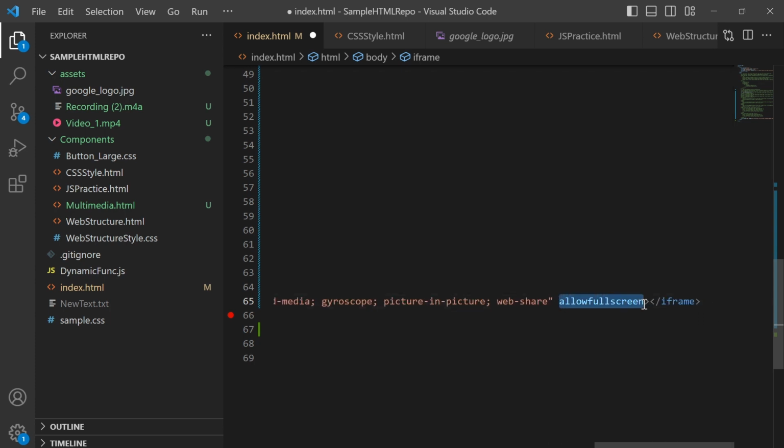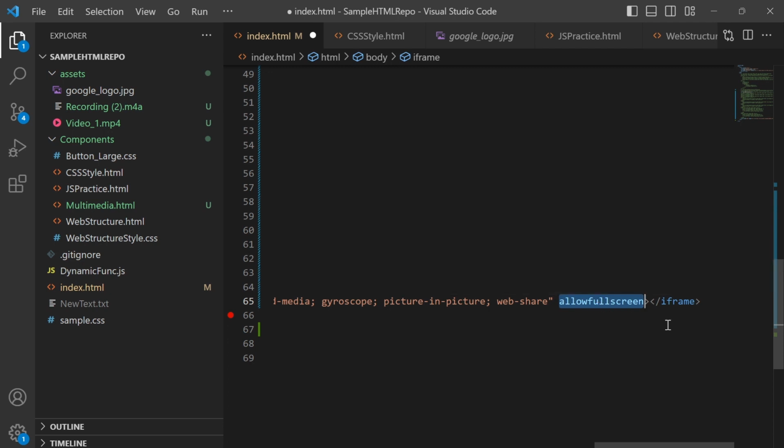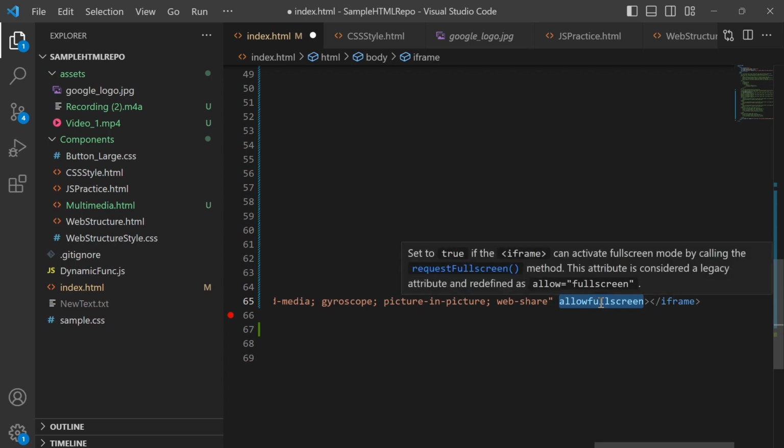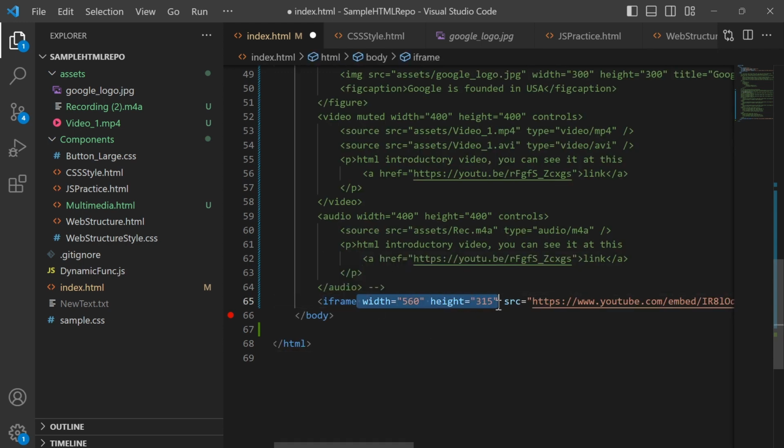And the allowfullscreen attribute. This is used so we can move our content into full screen mode if it is requested by a method. This is a JavaScript method. If we put this allowfullscreen attribute, we need to give the control to the user, and through that control we should call the requestFullscreen method. Only after calling this method will the embedded content be enlarged and shown full on our user's screen. Else it will be shown in this dimension. So let's see, I will save this and we'll see it on our browser screen.